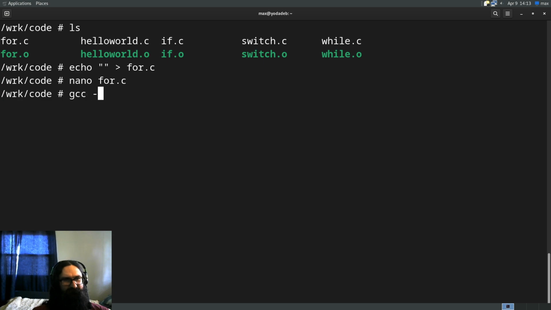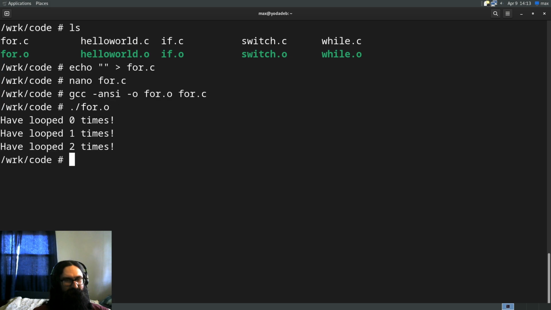Compile it again with GCC, of course ANSI compliance. Output file is going to be for, input file will be for.c, and away we go. Hey, no errors. Alright, and as you can see,